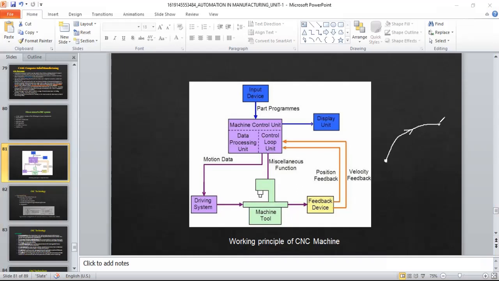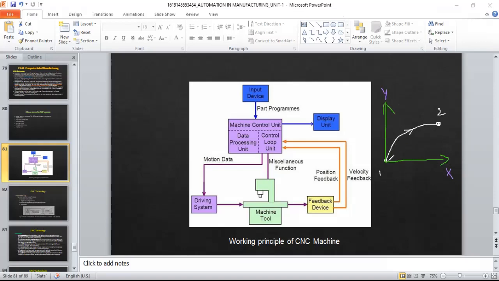To be able to move from 1 to 2, it involves two axes, X and let's say Y. So there are two motors involved here.